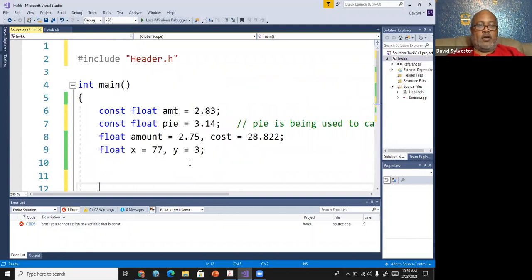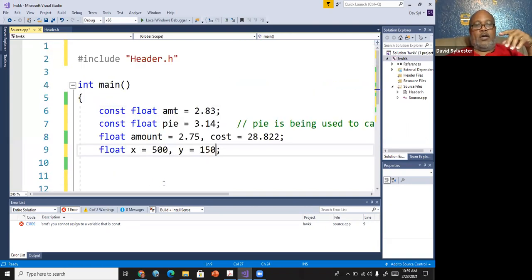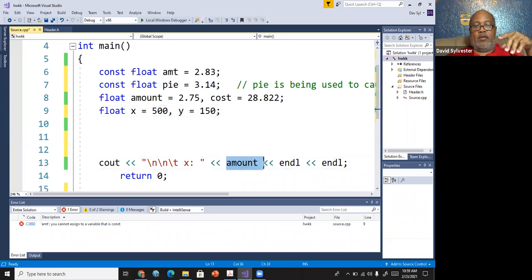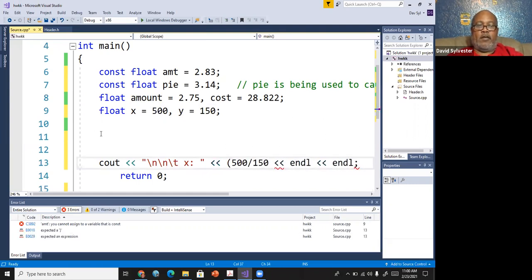So look at this. Say we do float, and we're going to do those batting averages. We do 500 and 150. Rather than take 500 divided by 150 and store it into a variable, I could do this, 500 divided by 150.